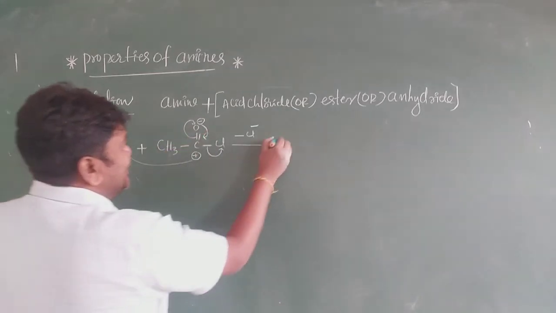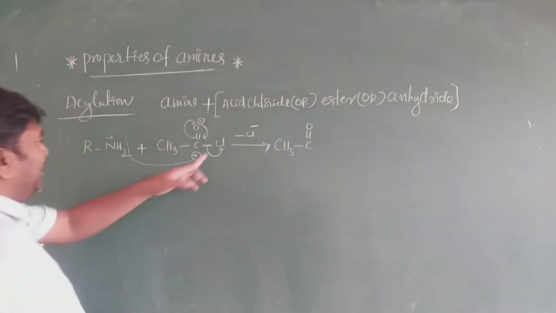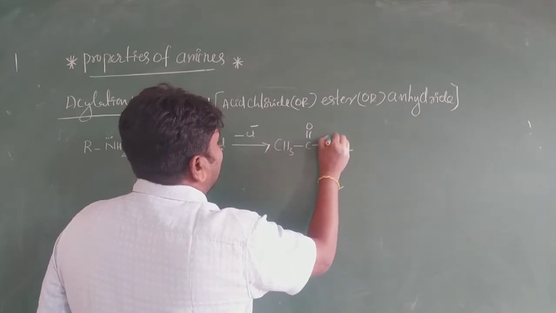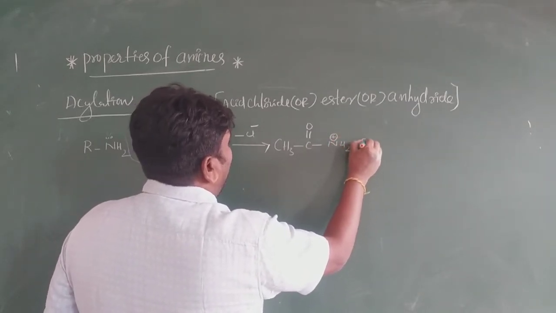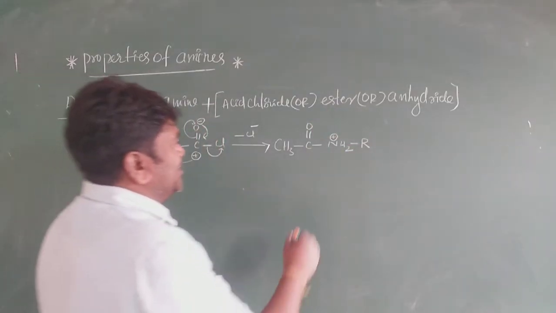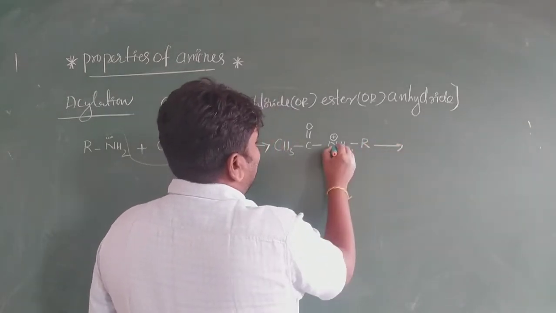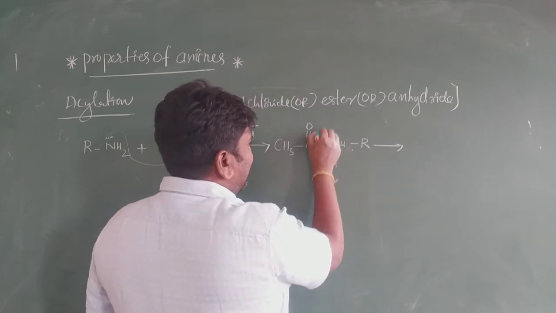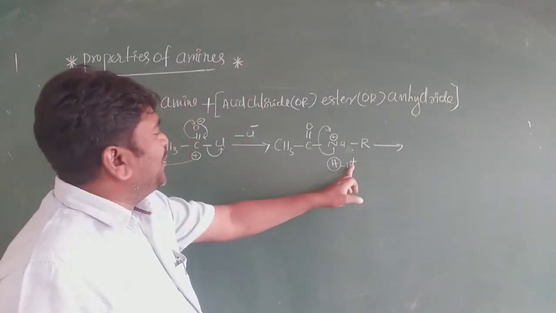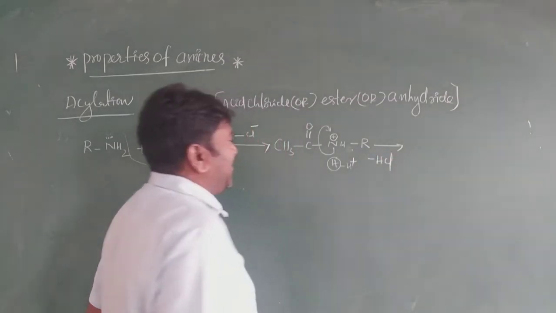So that is CH3 C double bond O, right? Next, it is NH2 with a positive charge, and R. My dear students, see here. Next, what happened here? I'll write it like that, H2, and it is H. These two electrons are shifting. It is eliminated as H plus. This H plus and the Cl minus form HCl.